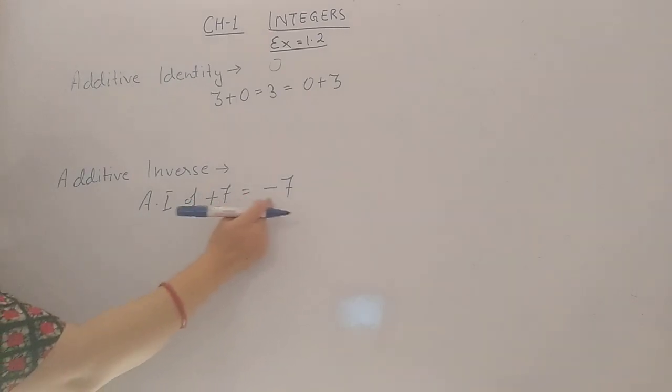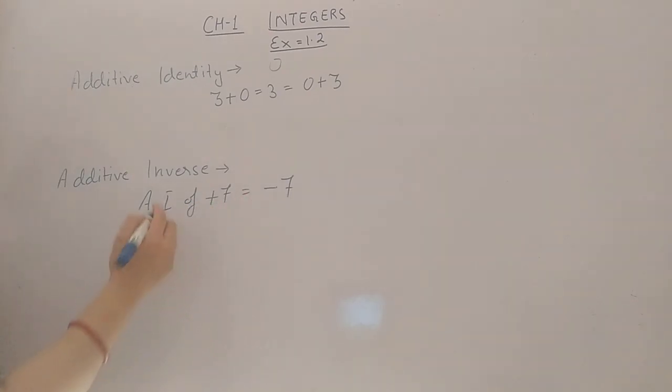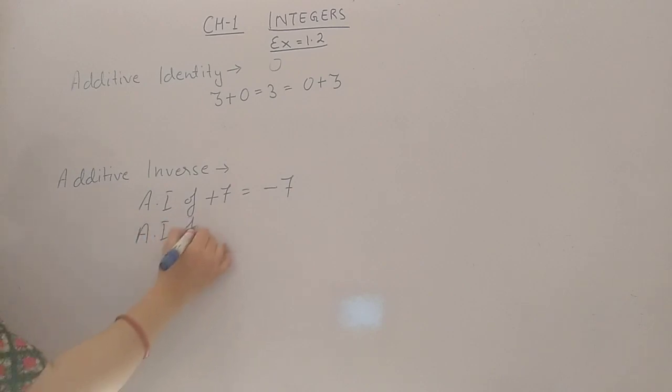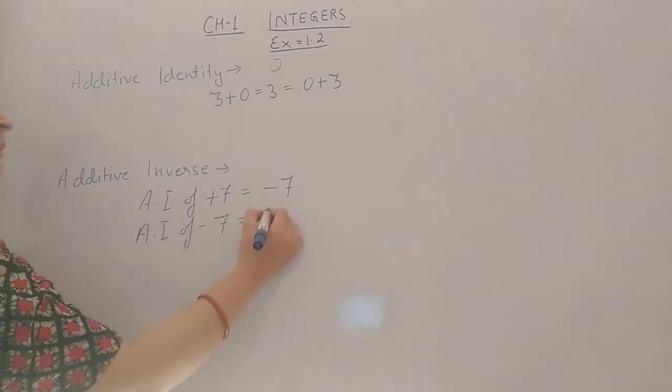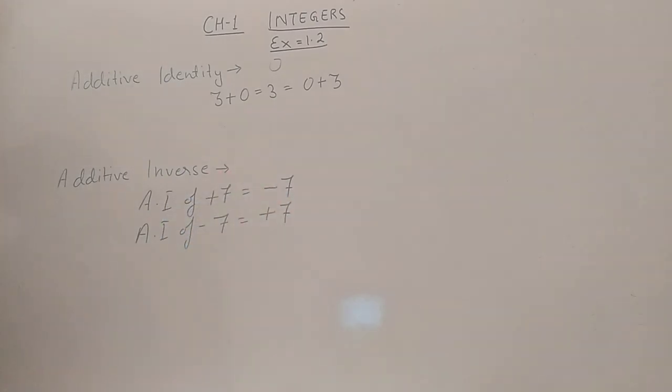By symbol these two numbers are reverse of each other. Then the additive inverse of minus 7 will be plus 7. We just have to change the symbol of that number. If you are getting a big number, for example, find the additive inverse of